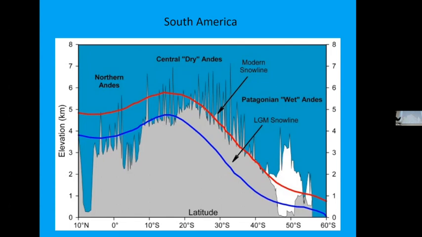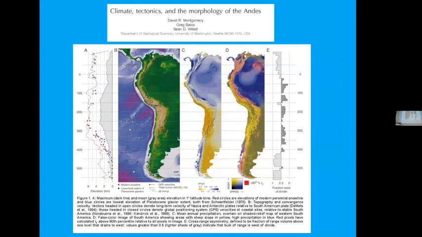Another figure where people would say glaciers and rivers are keeping things in balance between rising up and going down. People have done extensive studies about this. This is a paper from somebody named Dave Montgomery in Geology. The title, Climate, Tectonics, and the Morphology of the Andes. And I'll just focus on the left figure. The red circles are the modern ELA, the blue circles are the snow line during the Ice Age.